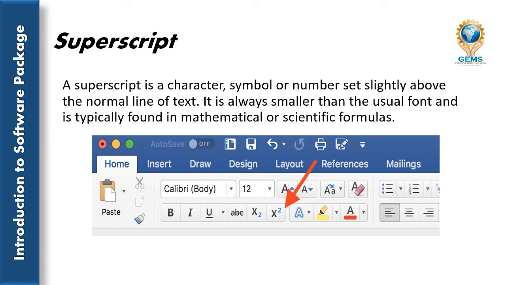It will automatically be reflected in your document. If you want subscript, select the particular text, go to the Home tab and select the subscript option on the ribbon. The change is immediately reflected in your document.